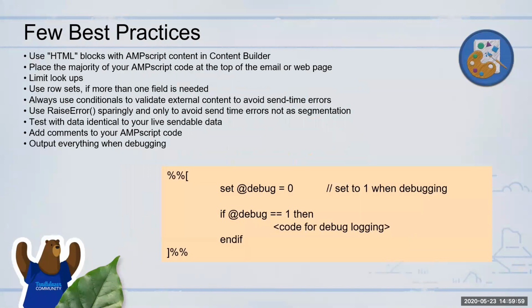Okay, a few other best practices that we would look at. Whenever we try to use HTML blocks, like I showed you earlier, the one we were using so far was an actual HTML block that I put in. It's easy to edit and try out for your AMPscript. For the majority of the AMPscript code, as far as possible, try to put it at the top, so as soon as you come in, it's easy to maintain.